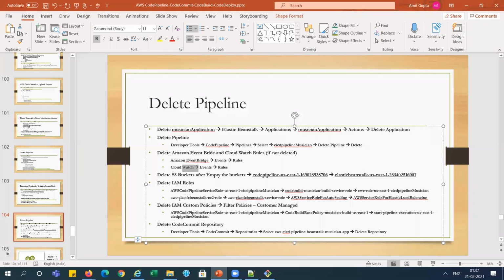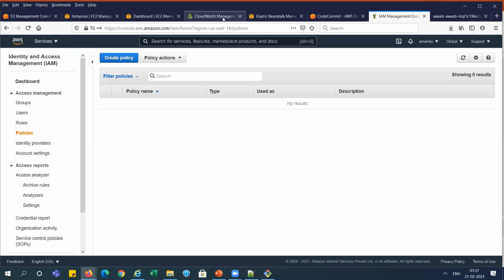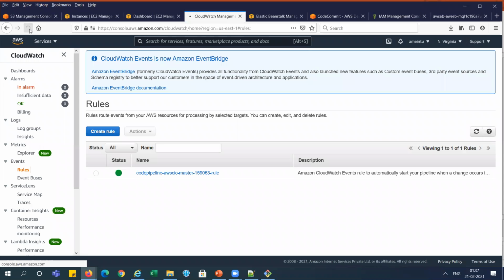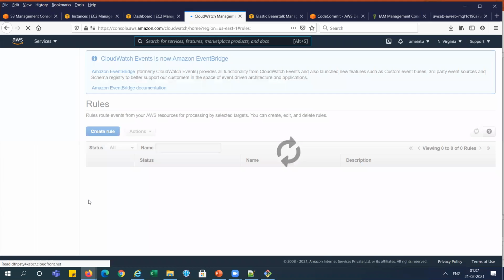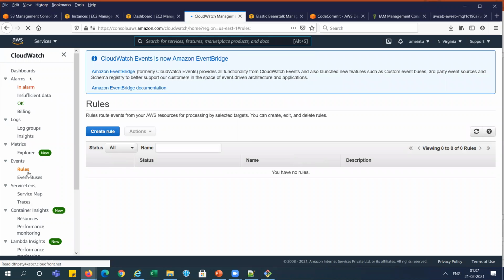Now we have done everything, and everything is done except a little bit of CloudWatch. Yeah, CloudWatch is required. Let's check whether the event rules are there or not in CloudWatch. Let me go and check it out. Let me refresh first. These rules are related to the pipeline, and you can see nothing.